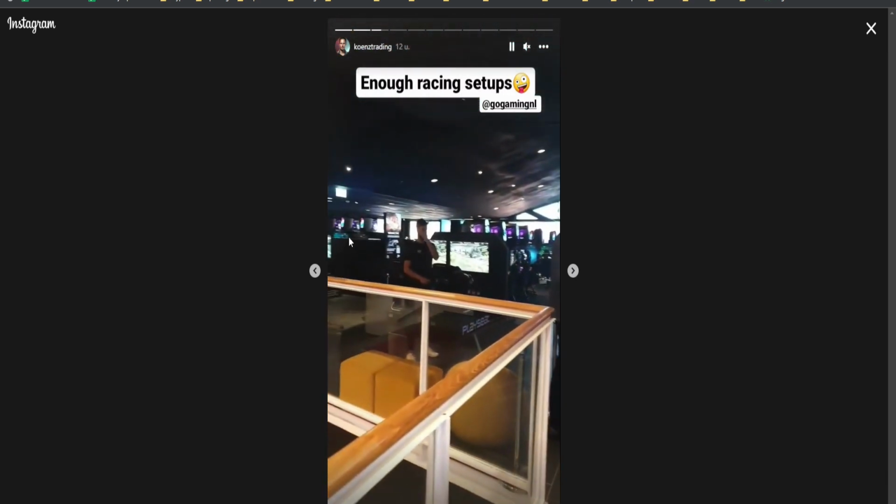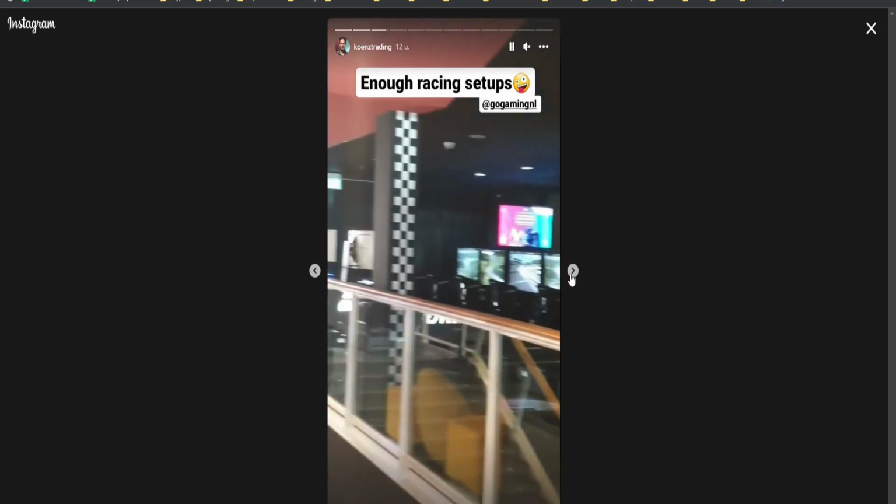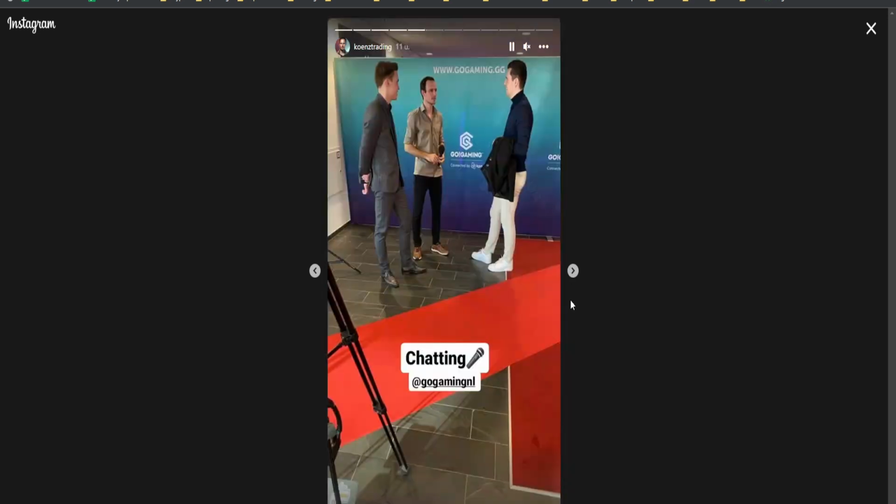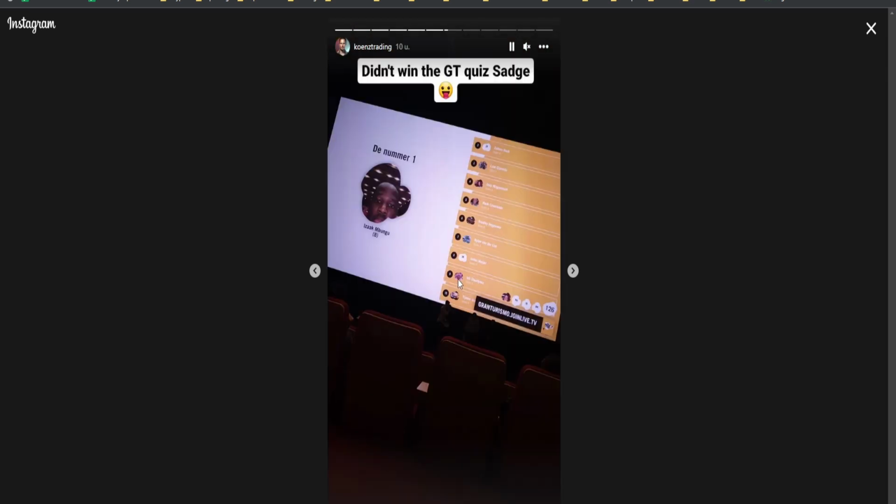They had many racing setups here for people to play as well, which was amazing, and obviously I played some laps. Here I'm standing with the mic, people racing. Here I'm chatting to some friends of mine, and this was the area where I did the interviews with people. And of course, famous people in the Netherlands are coming here, and influencers and all that stuff. And I know many of them as well, as I'm part of the gaming industry for such a long time, 17 years now. So it's like I grew up with that industry. I have my own business